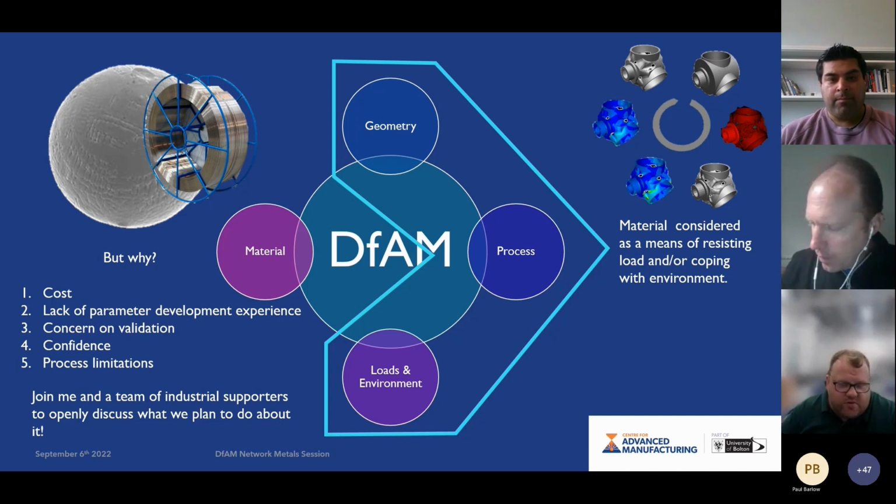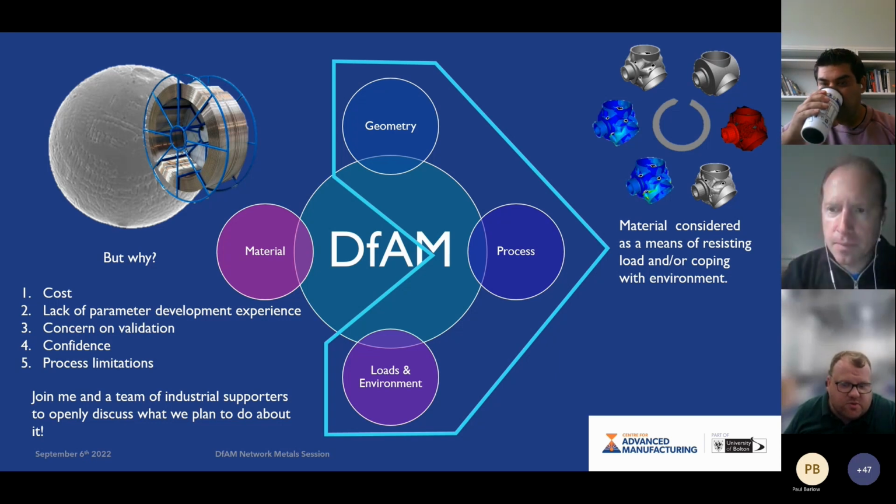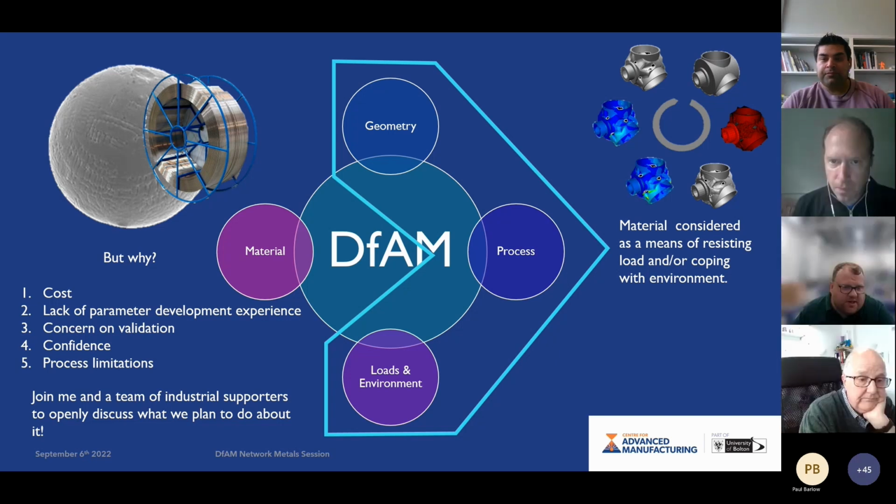So we go through a simulation process. We've managed to get tools in place which allow us to have high-end understanding of our geometric load environmental performance and requirements for that process. We can simulate our processes really quite well. We can simulate material development, but these haven't really gone hand in hand just yet. So why is this material function not considered as part of the puzzle?